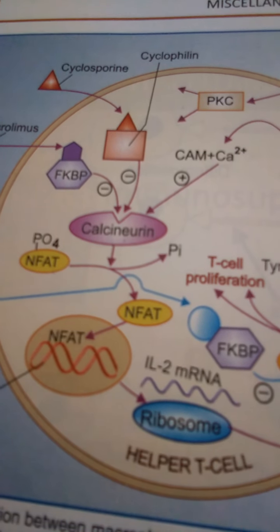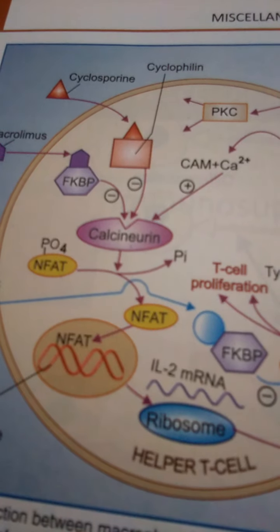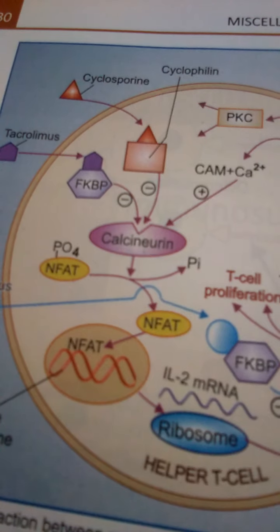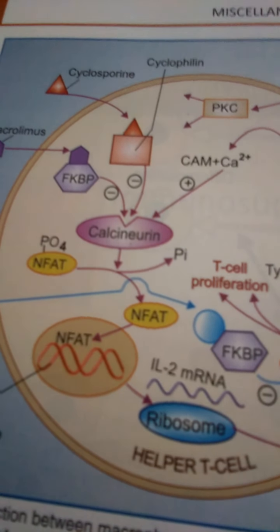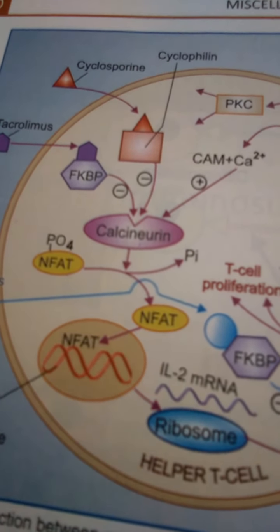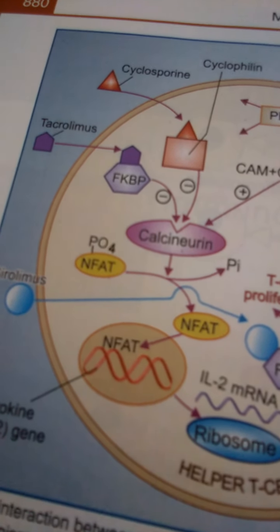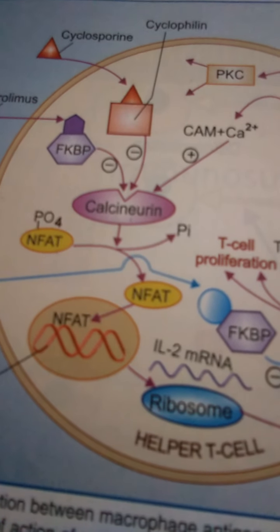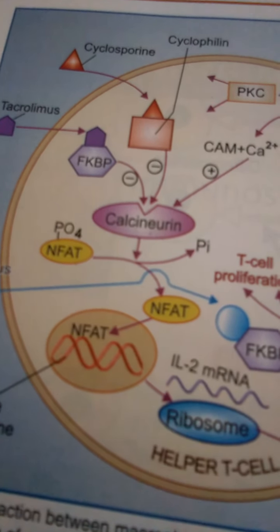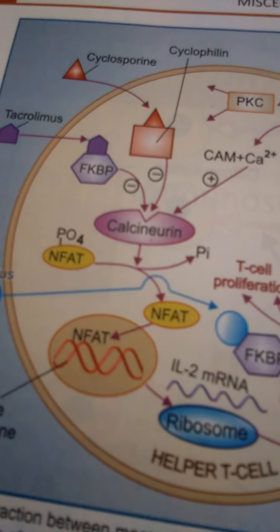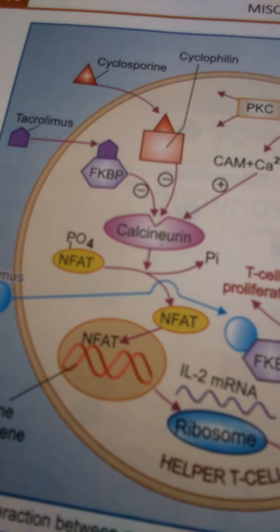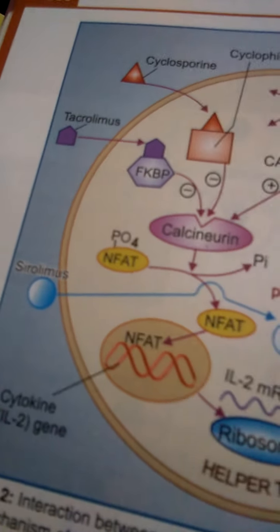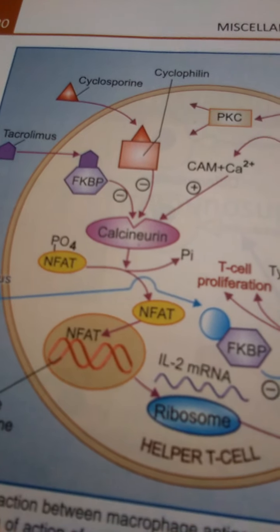What is the general action of calcineurin? It acts upon the NF-AT and dephosphorylates NF-AT. NF-AT means nuclear factor of activated T cell. After the nuclear factor of activated T cell gets activated, there is a formation of cytokines as well as IL-2 genes, and the transcription process can be performed by NF-AT. So if you inhibit the actions of calcineurin, there is no dephosphorylation of NF-AT, which in turn leads to a decrease in cytokine gene formation as well as transcription.